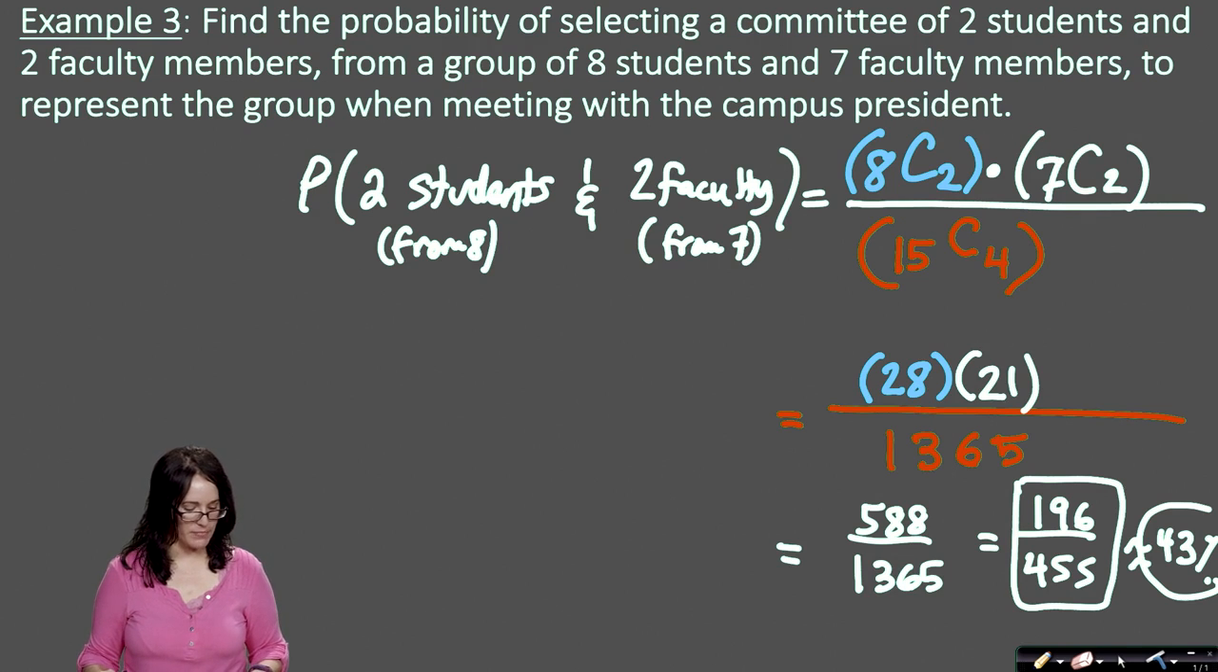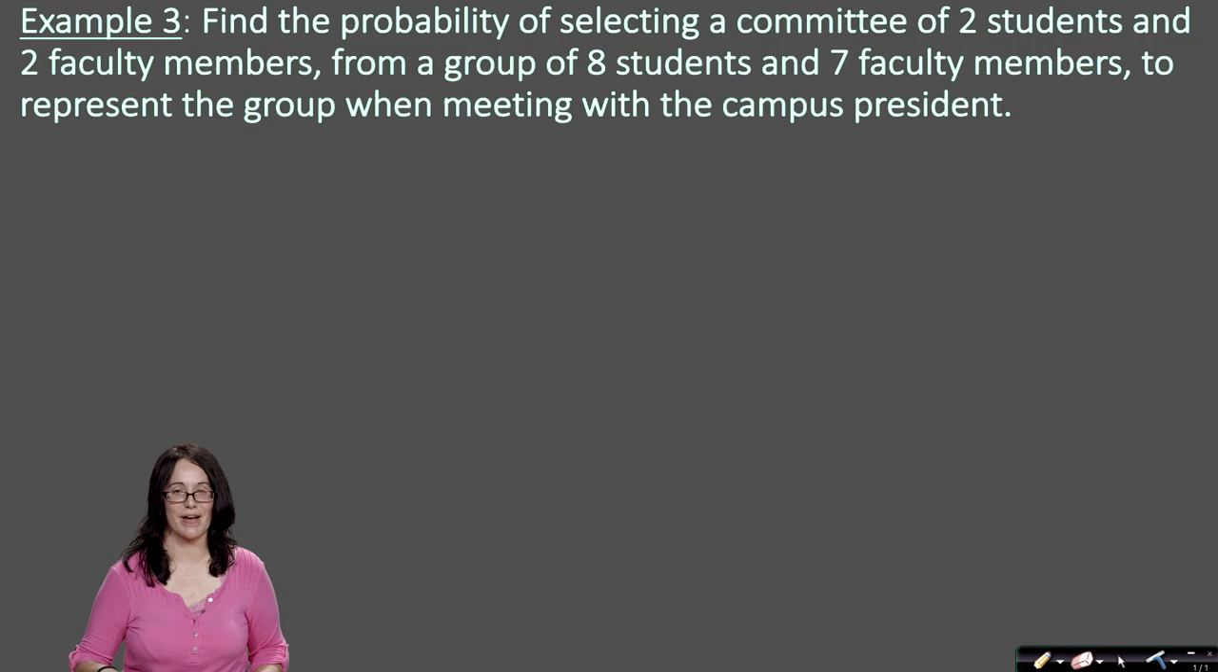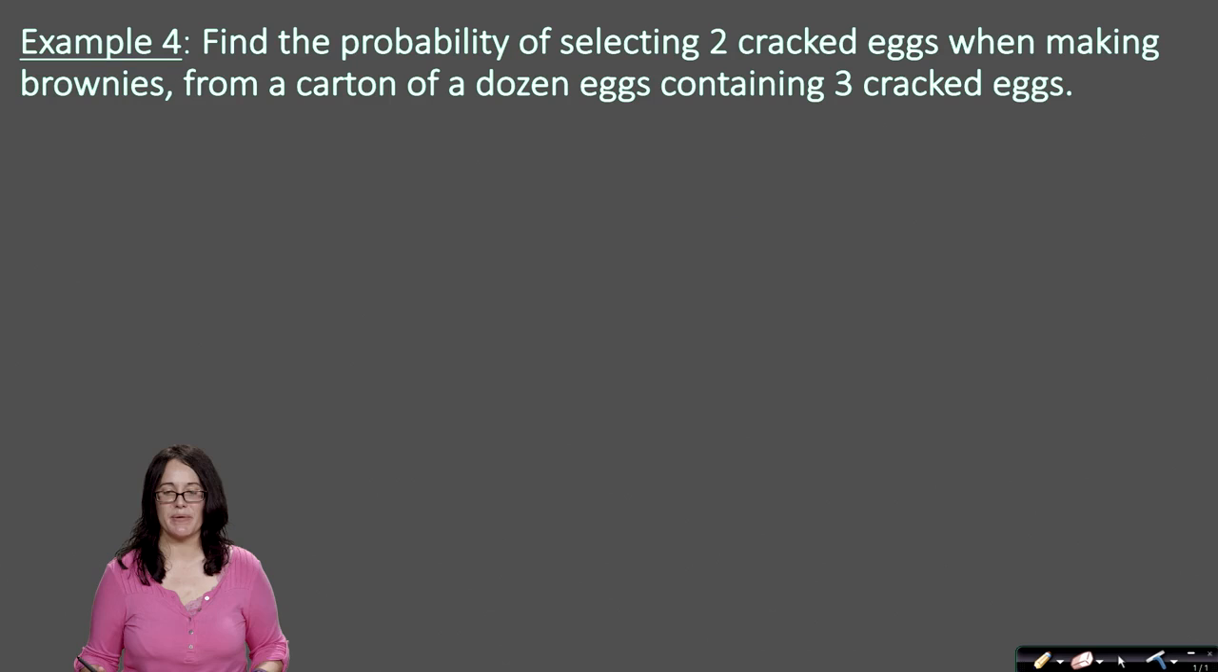I believe, yeah, we're getting close to our last one. This will be our last example. So here we go. Try it on your own. Find the probability of selecting 2 cracked eggs when making brownies from a carton of a dozen eggs containing 3